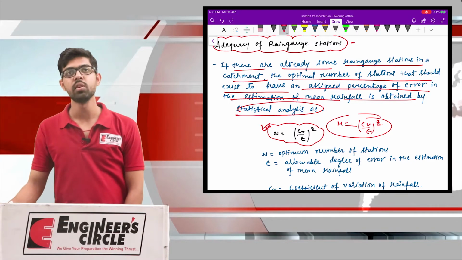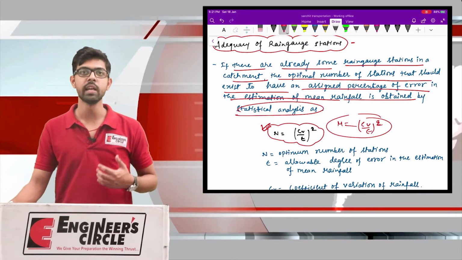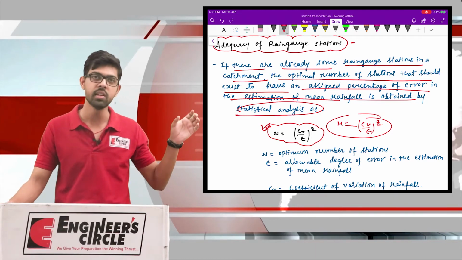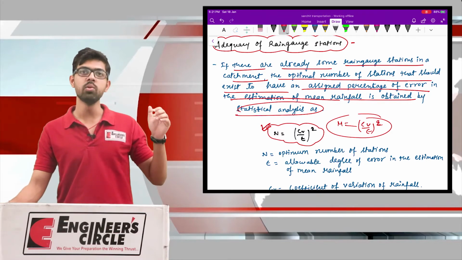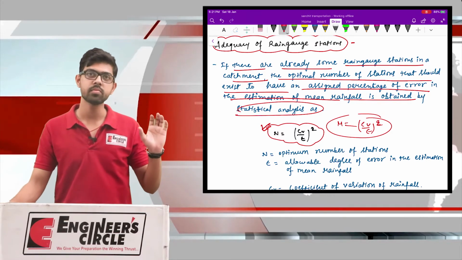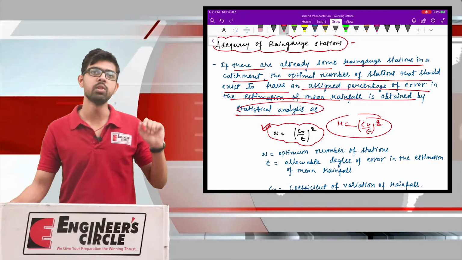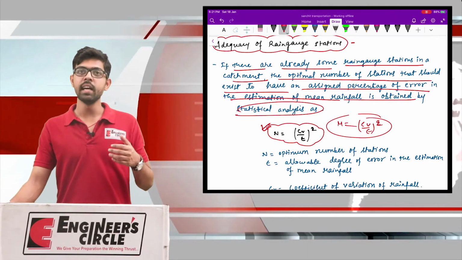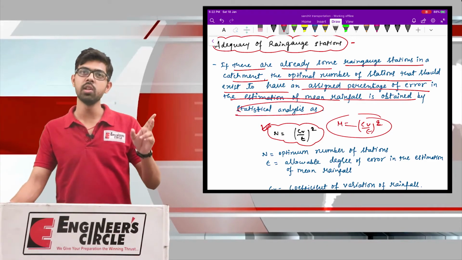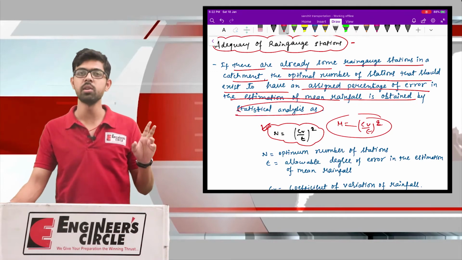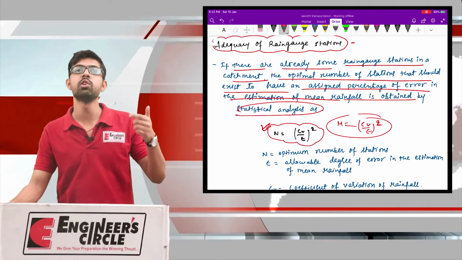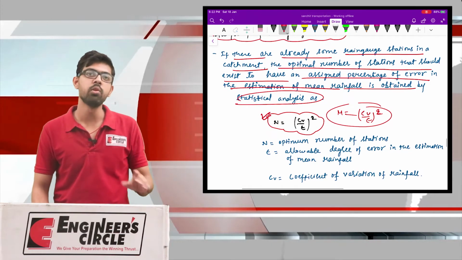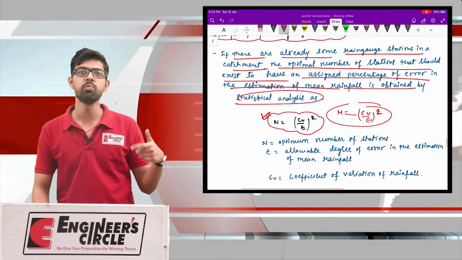So for that estimation of error, there is a formula to calculate the total number of rain gauge stations. That formula allows a certain percentage of error. That percentage of error will allow your result to be between more precise values, and so we will determine the total number of rain gauge stations. As for a given area we already have a certain number of rain gauge stations, by solving that formula for the total number we will find out how many additional rain gauge stations need to be established there, and out of that how many should be of the recording type. So that will be my point of interest.